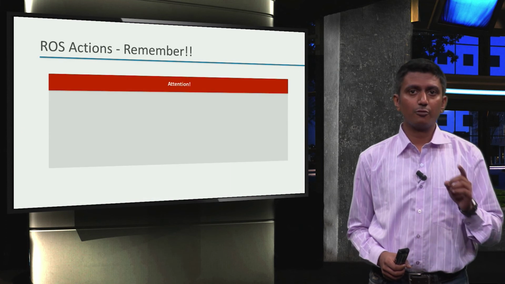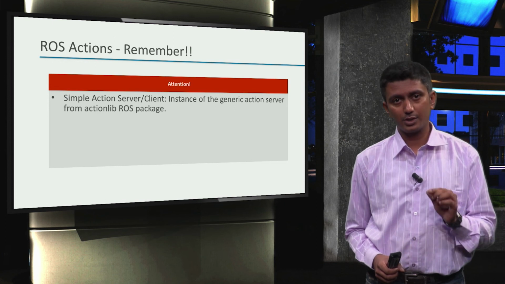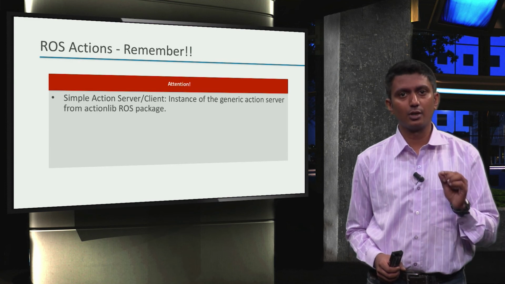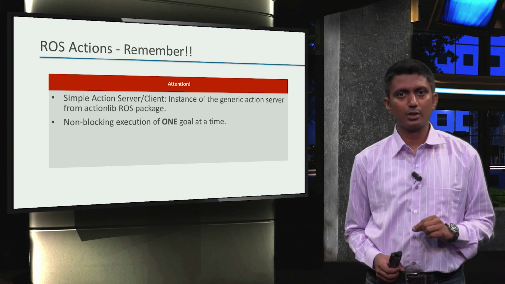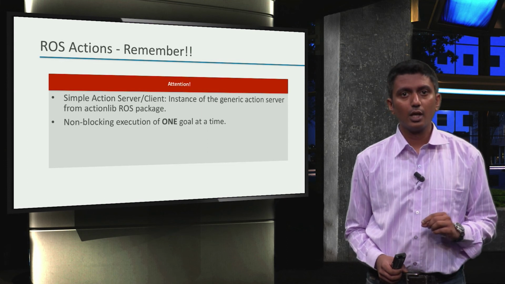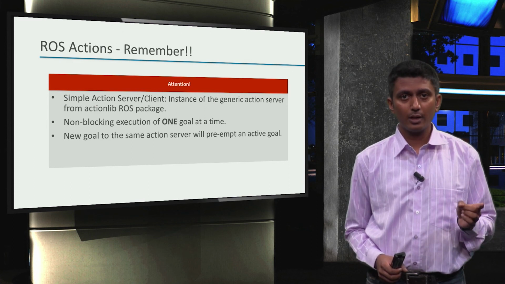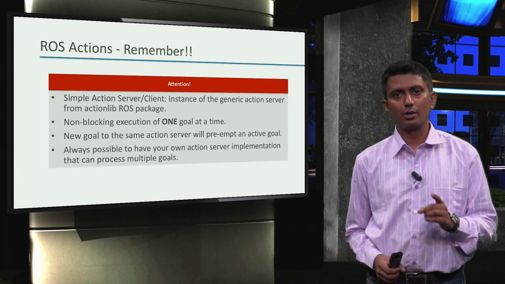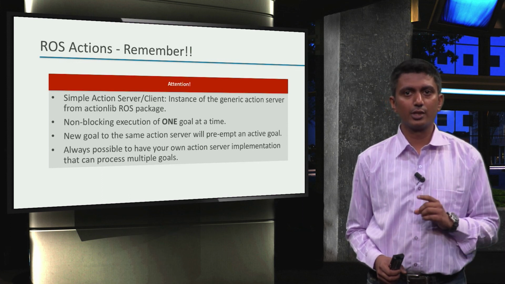And now, a few important things to remember. What we have learned is this simple action server and action client, which is just an instance of the generic action server or client implementation in the actionlib package. The simple action server enables the non-blocking execution of one action goal at a time. If a new goal is sent to an action server that's already busy with processing a goal, then the currently active goal will be preempted. But this is not a hard limitation. As users, we can always have our own action server implementation that can